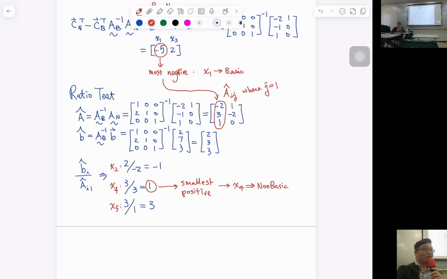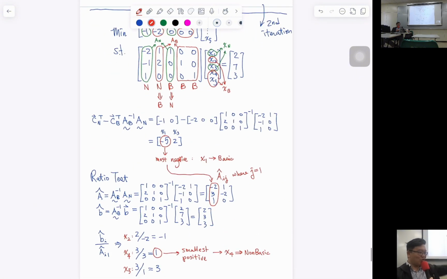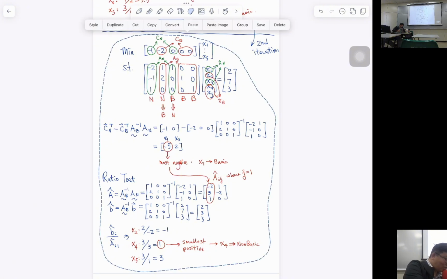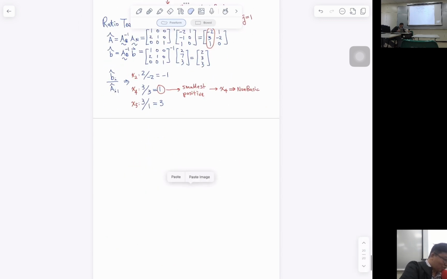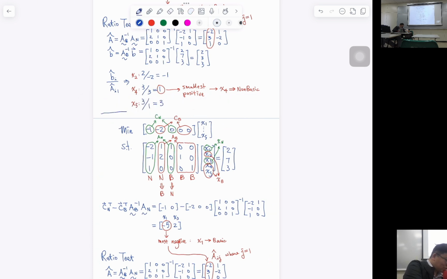Then what? Next iteration. That's it. That's for the entire iteration. You just do these, and then move on. You already know which to swap. So now I can copy the whole thing, probably up to here. Yeah, just copy the whole thing. So next iteration, and then